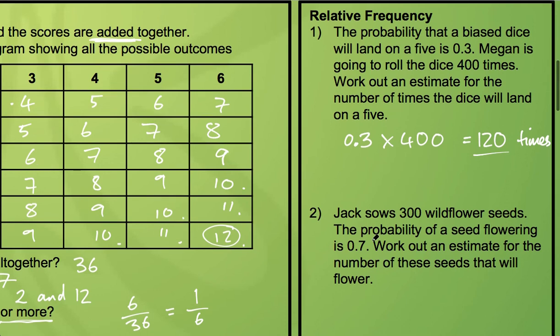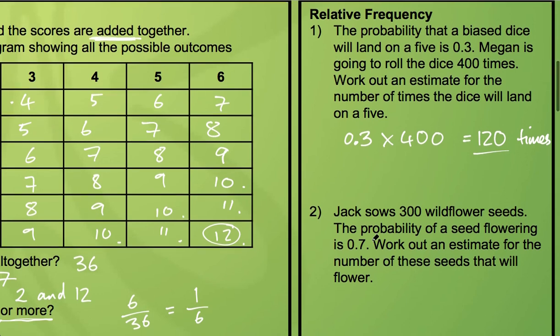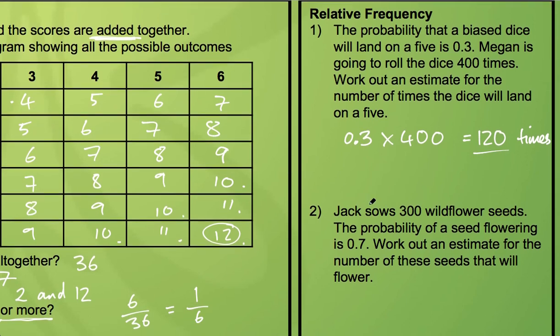Question 2. Jack sows 300 wildflower seeds. The probability of a seed flowering is 0.7. Work out an estimate for the number of these seeds that will flower. So again, probability for each seed is 0.7. I have 300 of these seeds, or Jack does. So 300 times 0.7